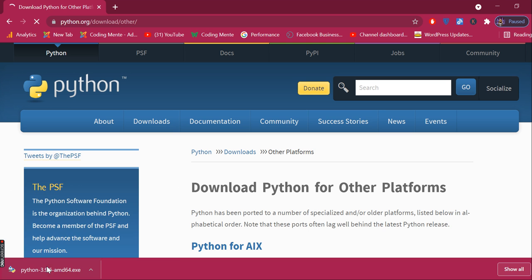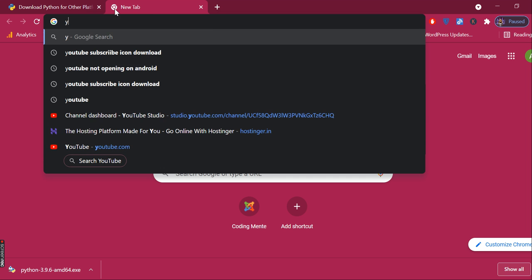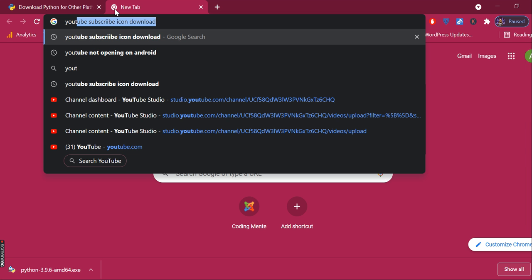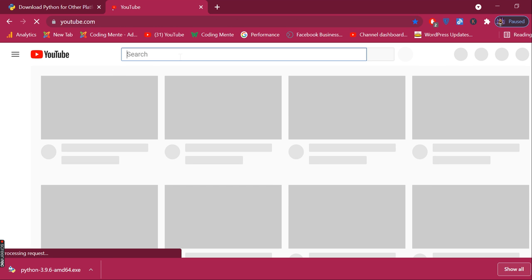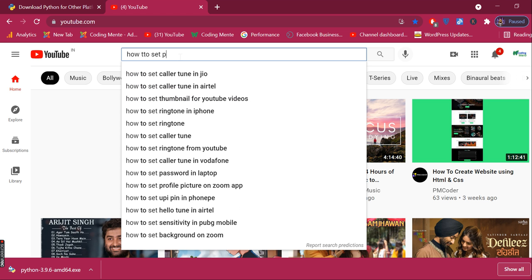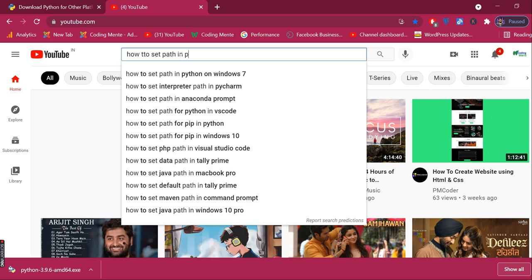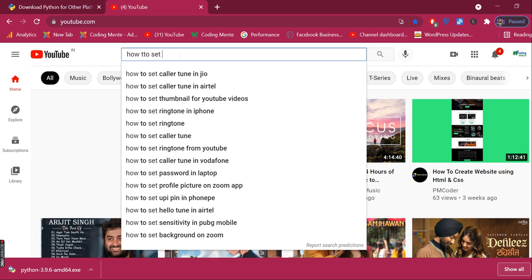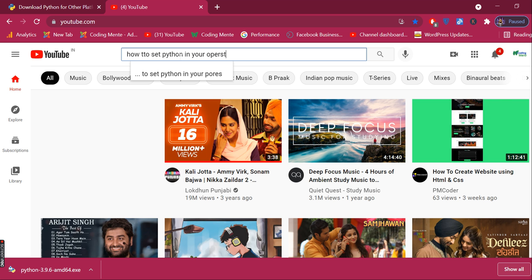Now the Python has been downloaded. You place that in your environment variables. If you don't know how to set the path in Python, just go to YouTube and type how to set Python path in your operating system, whatever the operating system is.